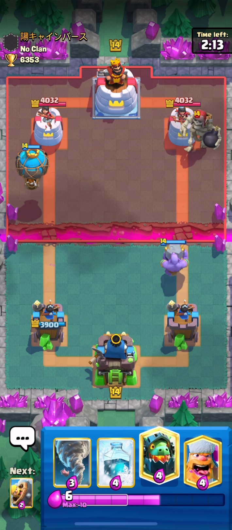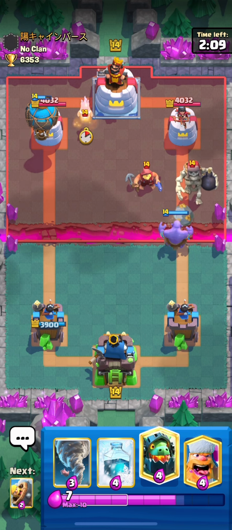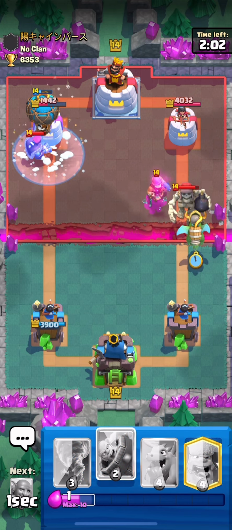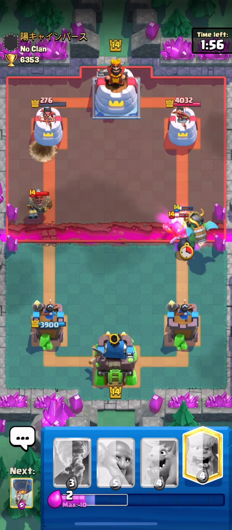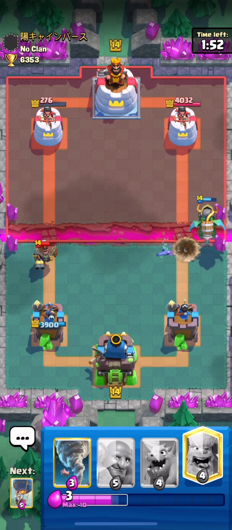Now that he played 6 Elixir Giant Skeleton in the back, he's not going to have too much Elixir right now. He's about 5 or 6, so he's going to play his Hunter as soon as he has enough Elixir for it. We're going to just freeze right before the bullets hit. Balloon's going to take that tower down all the way to 594 and then also under 300, so very, very good start here in already, well, keeping awareness, of course, of how much Elixir he has and what kind of